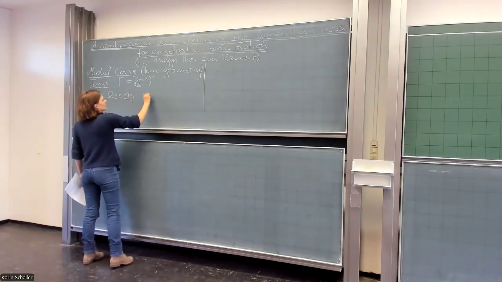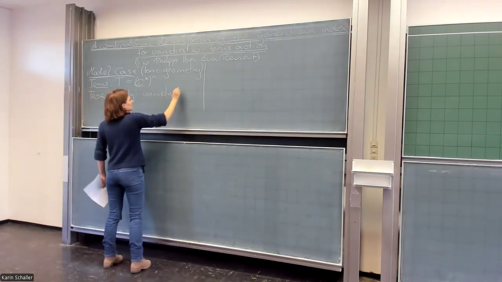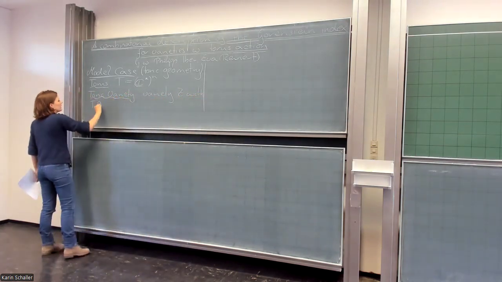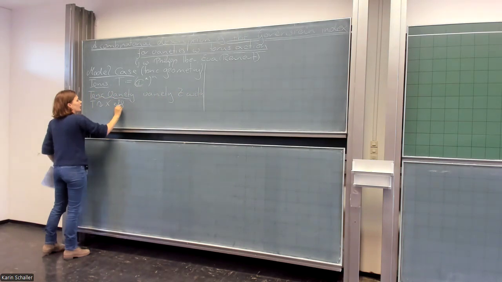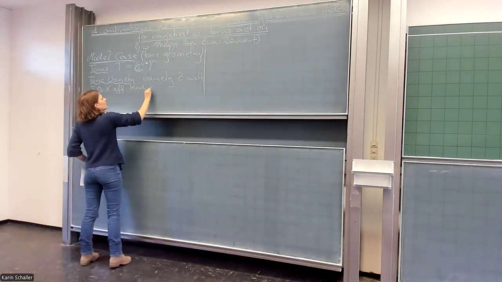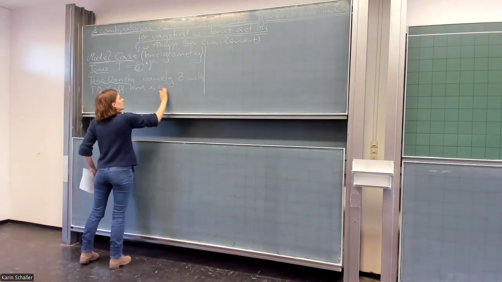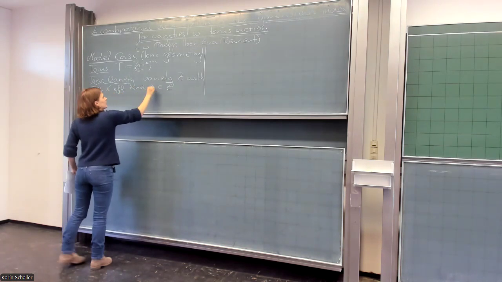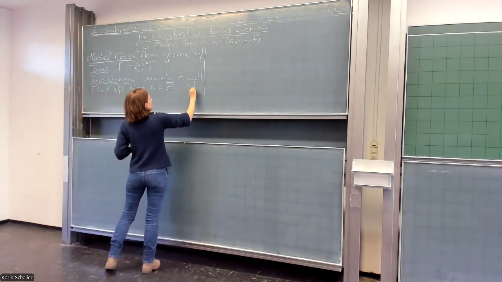This is a variety with an effective, or faithful, action of such an algebraic torus, and a so-called base point. So inside X we find some point z0,